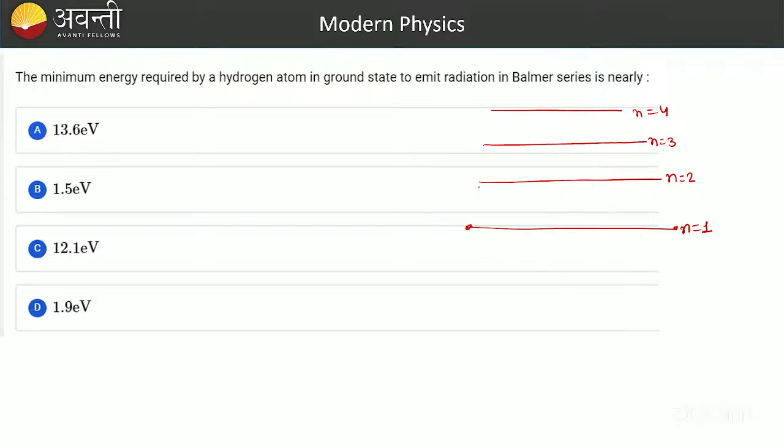Now, the energy of the n equals 1 level is minus 13.6 electron volt. And you can relate it as energy is equal to minus 13.6 upon n square electron volt. We just need to put the value of n to get the energy. Now, the Balmer series starts from n equals 2. If the electron is making a transition from n equals 2 to 1, or from any state to the ground state,